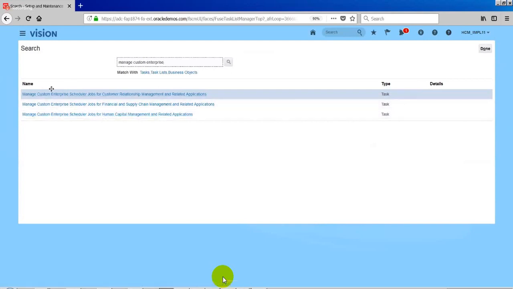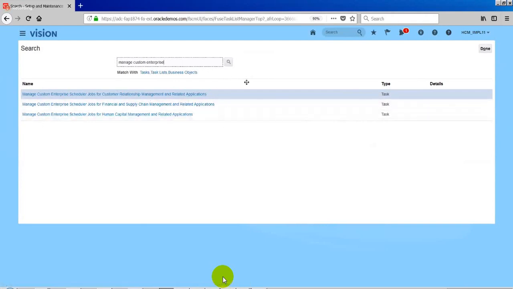So all the jobs will be segregated accordingly. Internally, each one is a jar file, which will have those defined jobs. Those defined jobs can be a Java job or PL SQL, whatever job it is. Everything will be stacked into each jar file.